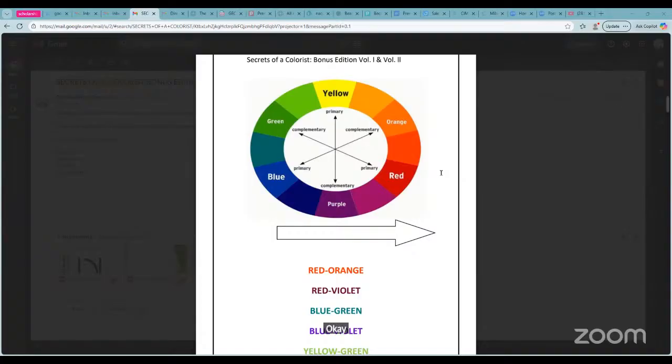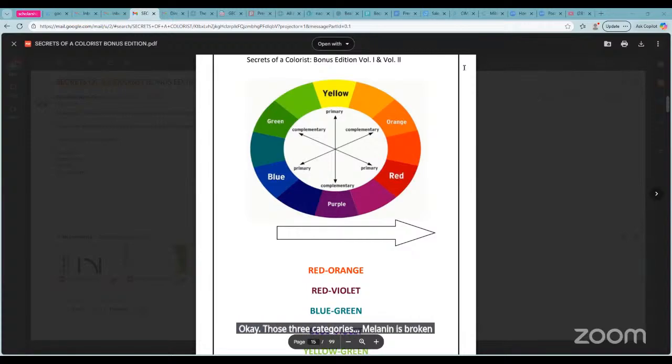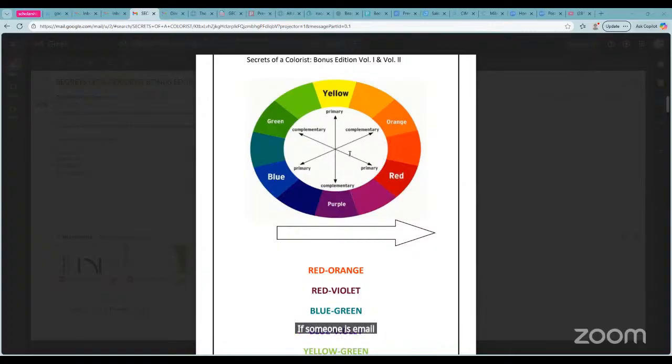Okay. Those three categories: melanin is broken up into three categories. Your book tells you two, eumelanin and pheomelanin. I gave you a third one, mixed melanin. When you look at the color wheel, if someone is eumelanin, remember they have a darkness to the hair,